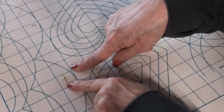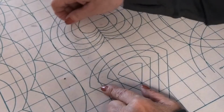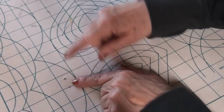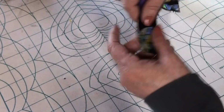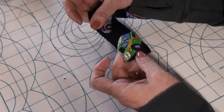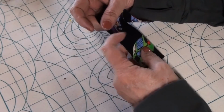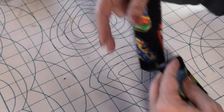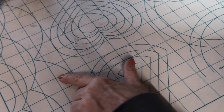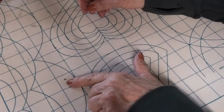So what I've done is I've placed a pin here. And first thing I did was I made 2 dots that were 3/4 of an inch apart. That measurement works if you're using a strip that's 1.5 inches wide. And that's what I said to cut our strips at in the beginning. These are 1.5 inches by about 34 inches. So if this is a 1.5 inch strip, then I make 2 dots on my ironing board that are,